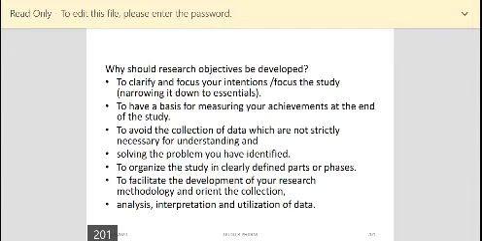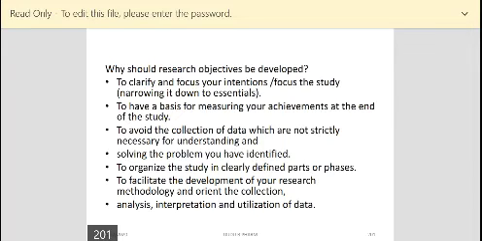Then why should a researcher develop research objectives? We develop research objectives to clarify and focus our intention, to focus the study, narrowing it down to essentials. That's why we say: to clarify and focus your intention, to focus the study, to have a basis for measuring your achievement at the end of the study,